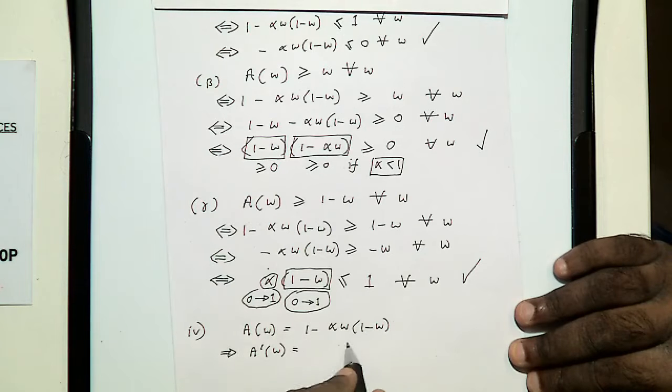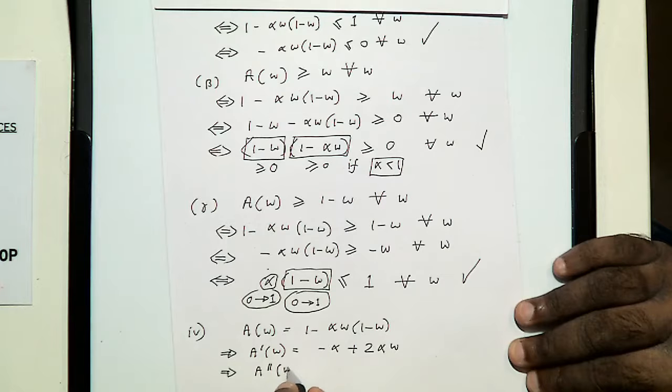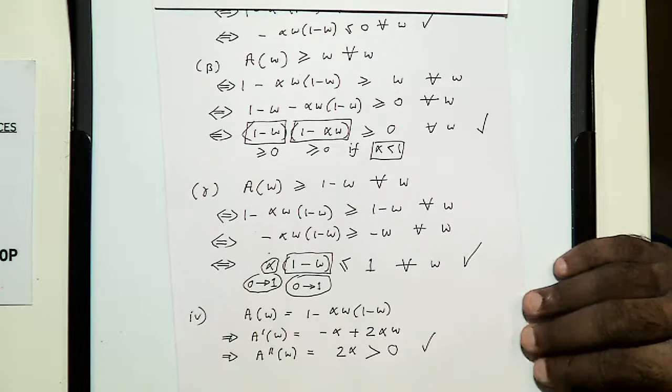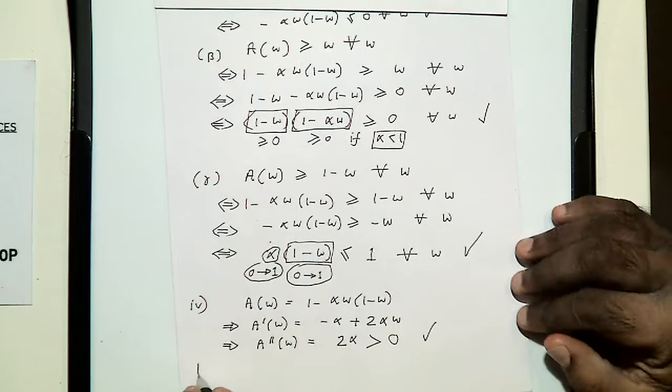The first derivative is minus alpha plus 2 alpha omega, correct me if I'm wrong. The second derivative is 2 alpha, which is positive, right? So condition 4 is satisfied too. So hence the conclusion is that hence